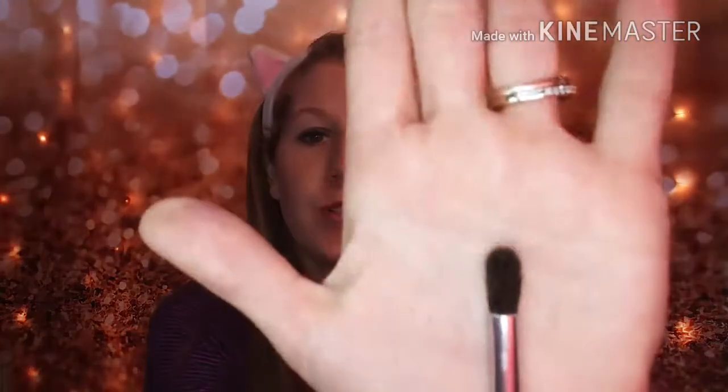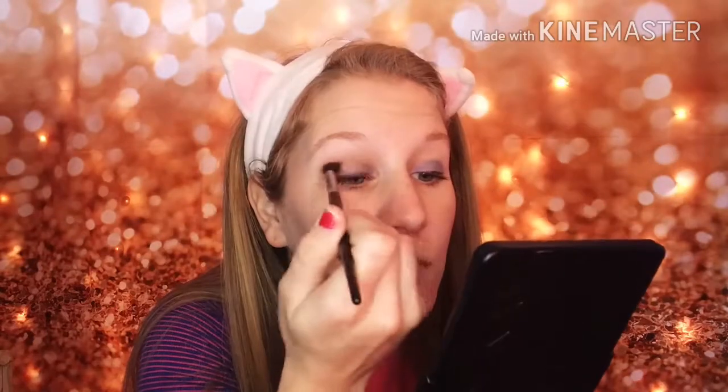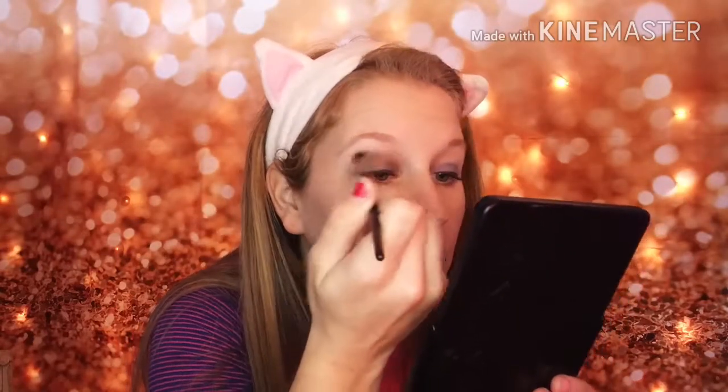Now I'm going to go in with my Mary Kay crease brush. I'm going to go in with this lighter brown shade right here. It's definitely harder to blend because when I'm blending down here, it's covering up the blue. Which, you know, not surprised, but...